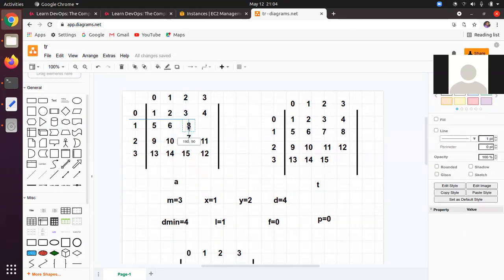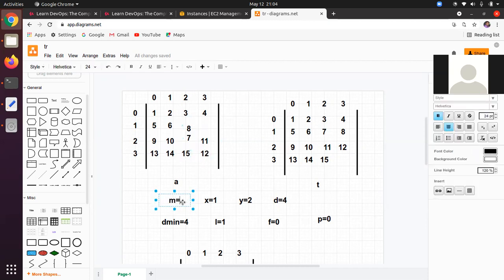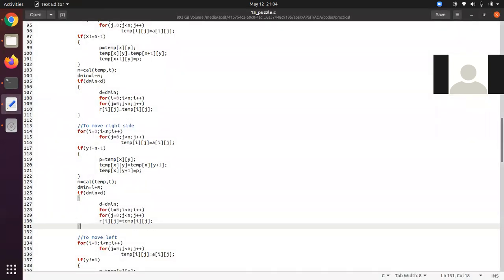Now try to calculate the value of m. So here m will become 1, 2, 3, 4 are similar. 5, 6, 1, 2, right? Then 3, 4, 5, and 6. So m will become 6 here. We have got here while moving to the right side, m is equal to 6.